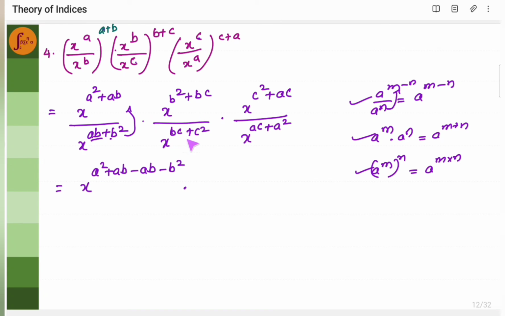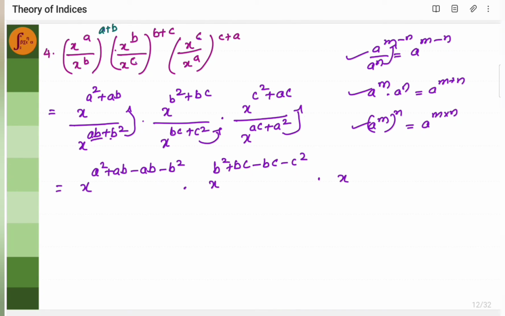Now I'll do the same thing with the second term also. b square plus bc. I'll take this on top. Minus bc minus c square. Then third one is, we'll take this on top. So you will get c square plus ac minus a square. Now we'll see something will get cancelled. ab and ab will get cancelled. Plus bc minus bc plus ac minus ac. So we'll be left with a square minus b square into b square minus c square into c square minus